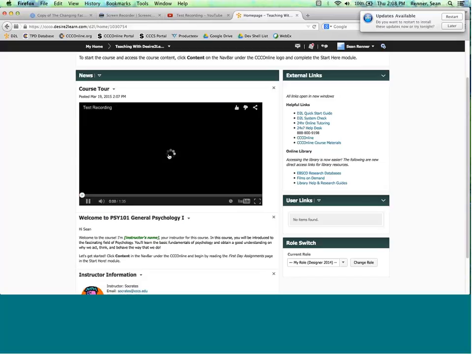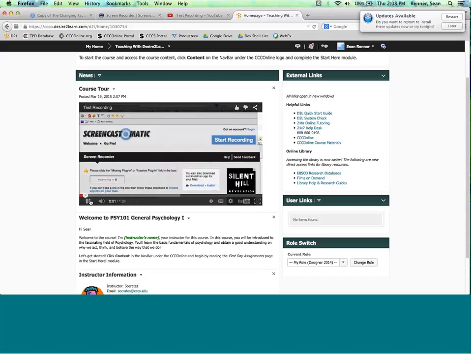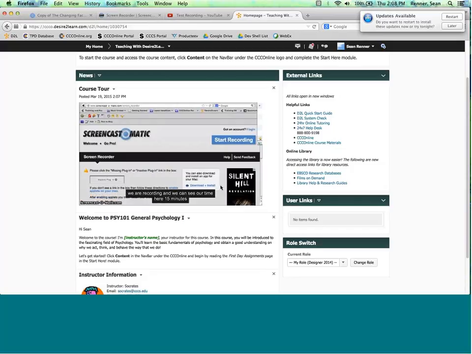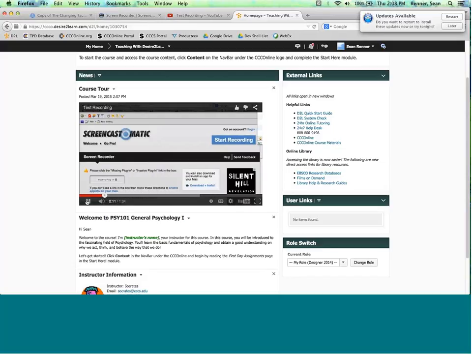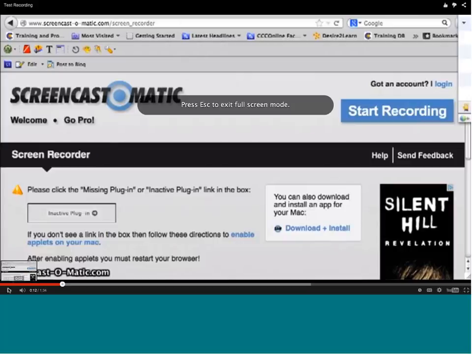Now if I click play, it'll actually play it right in the news item. I don't have to go anywhere else. And I can even use the functions here on YouTube's player, including closed captions. If I click on those, it'll activate them, and now when I click play, I'm seeing those captions show up at the bottom of the screen. And I can turn them off by clicking on the button. I can also click full screen, and I can watch it in full screen.